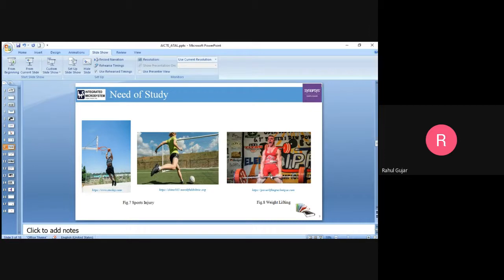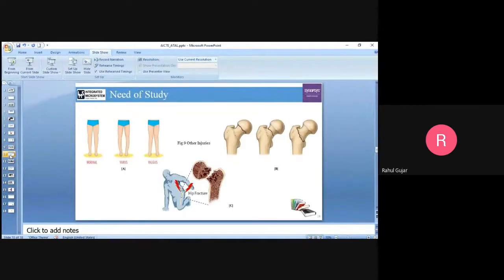There is an athlete I have shown here who is doing weightlifting. Due to the weightlifting, there is a compressive load acting directly on your hip joint, and again there is a chance of immediate failure of your long bone or femur bone. So that's why it is important to find out the mechanical properties.